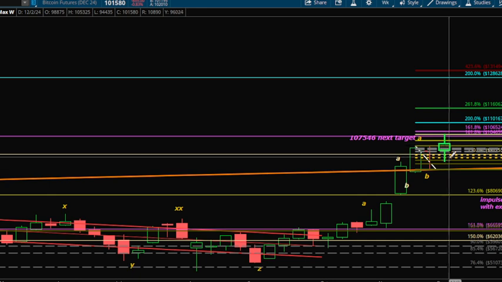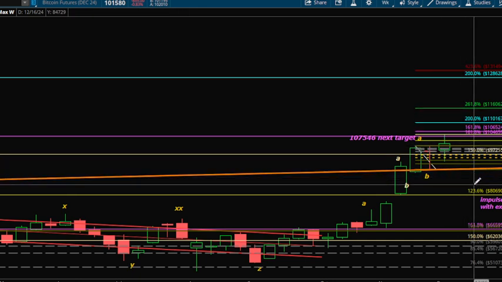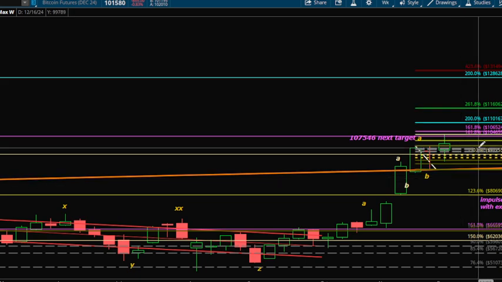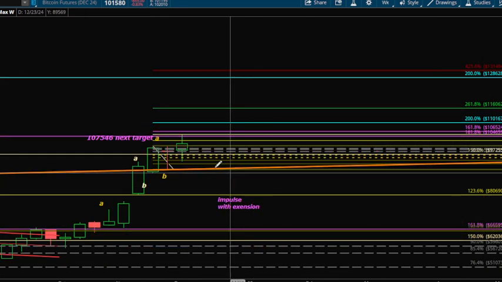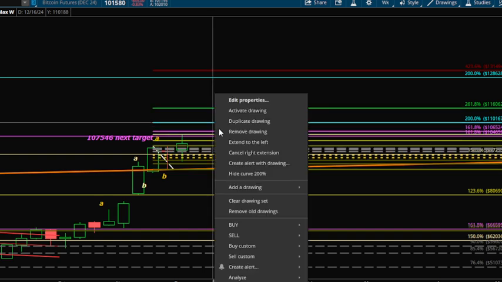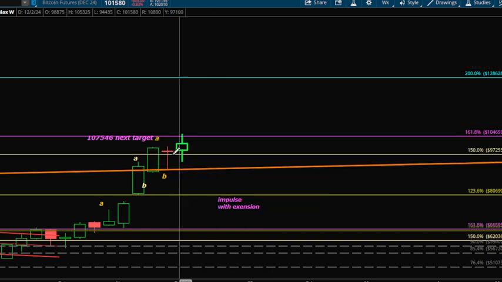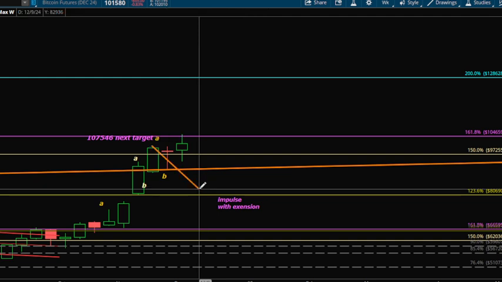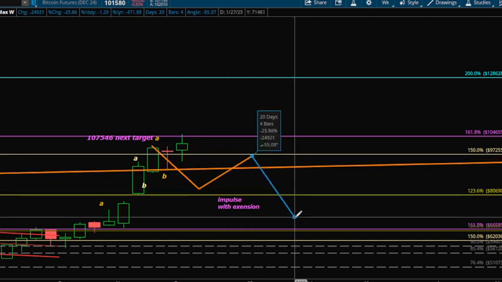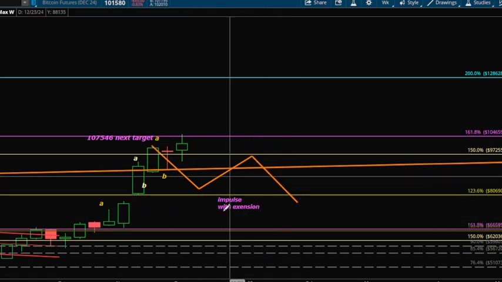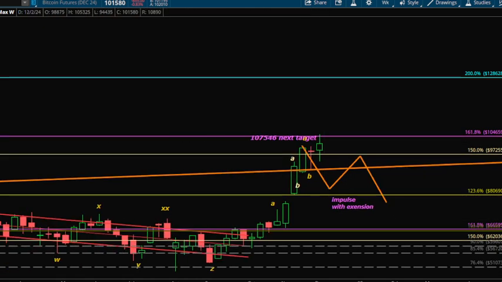I would say that we should expect some consolidation here, and if this is an expanding flat, that's just going to be one leg, and then we would need to really look for bigger three waves. So this would be maybe an A, a B, and a C, and it comes down to 70. I don't know quite yet, but I just know that we need to be looking for some